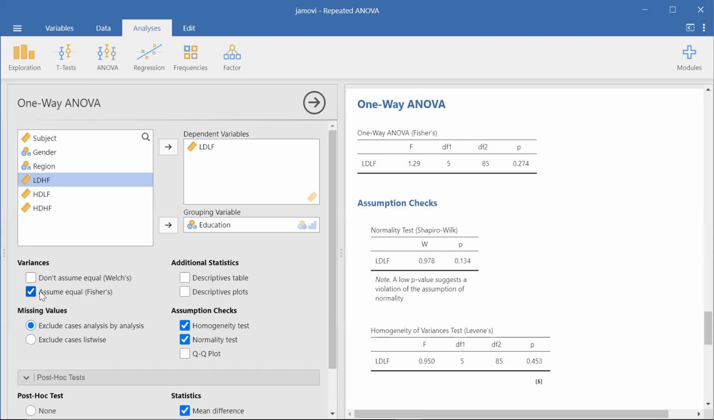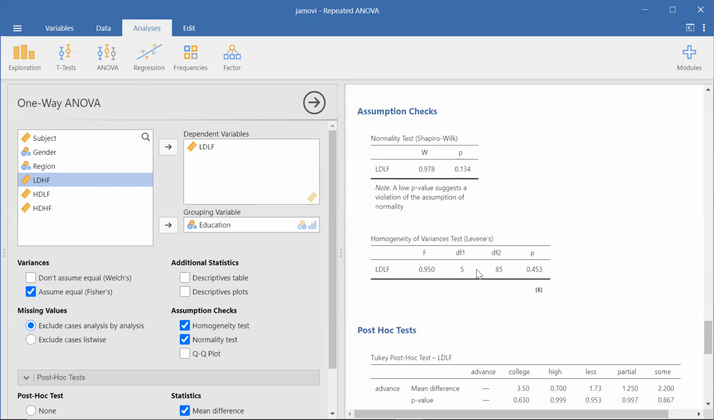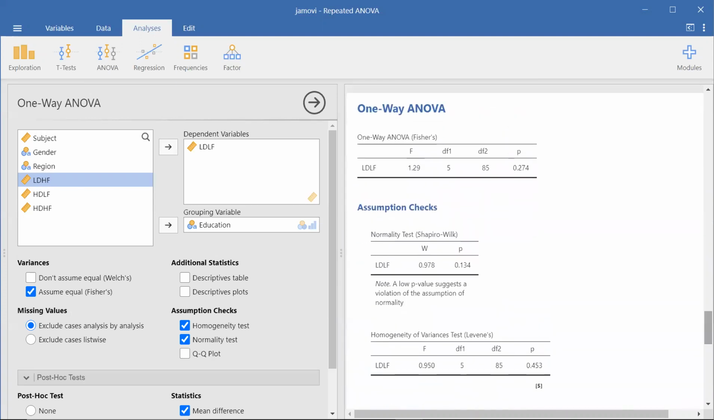So here we can choose the Fisher's test, because the homogeneity test is saying that the data is homogeneous, so we choose Fisher's. If this were negative, as in if this was heterogeneous data, then we would choose the Welch test. Okay, so now going back here,